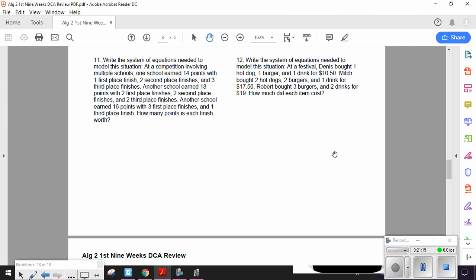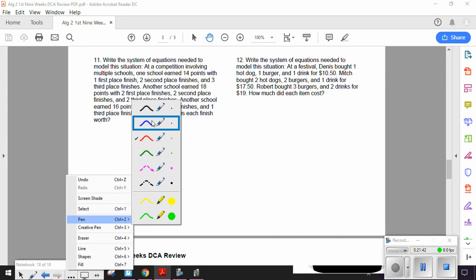Write a system of equations needed to model this situation. At a festival, Dennis bought 1 hot dog, 1 burger, and 1 drink for $10.50. Mitch bought 2 hot dogs, 2 burgers, and 1 drink for $17.50. Robert bought 3 burgers and 2 drinks for $19. How much did each item cost? So we have 3 people. There's going to be 3 equations,